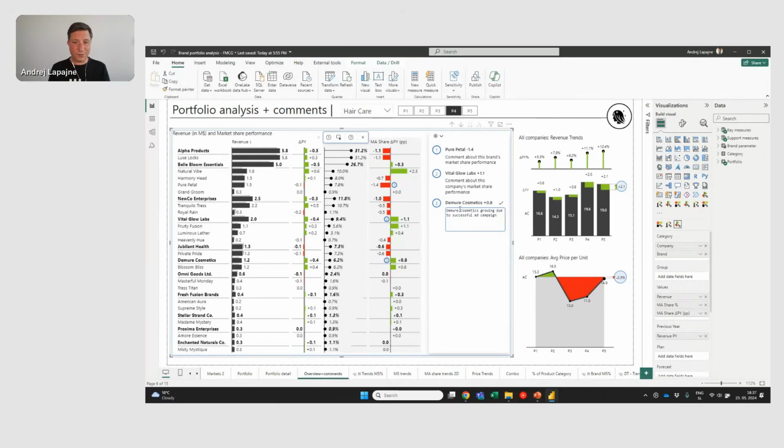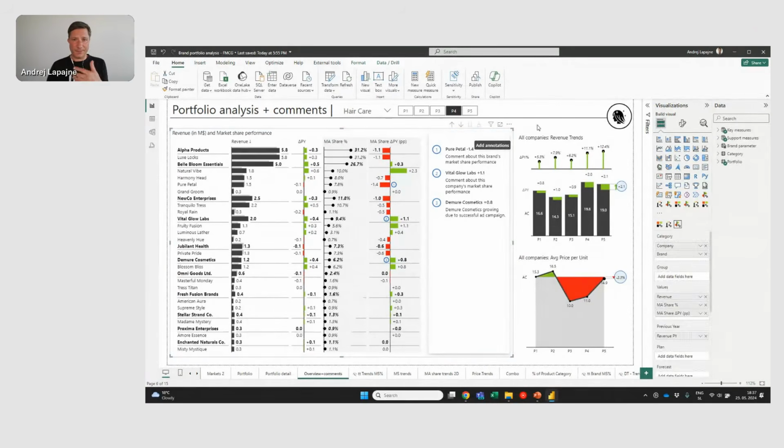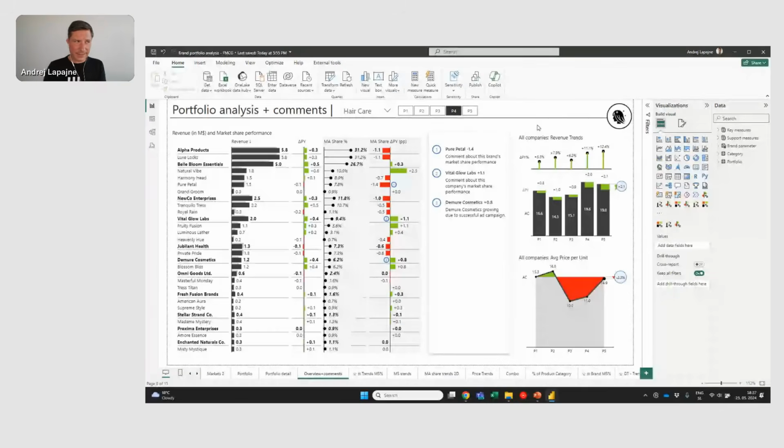So if you of course explain this in a very actionable manner, your reports based on marketing market data, brand performance data will actually start making sense, and this will be a dashboard,